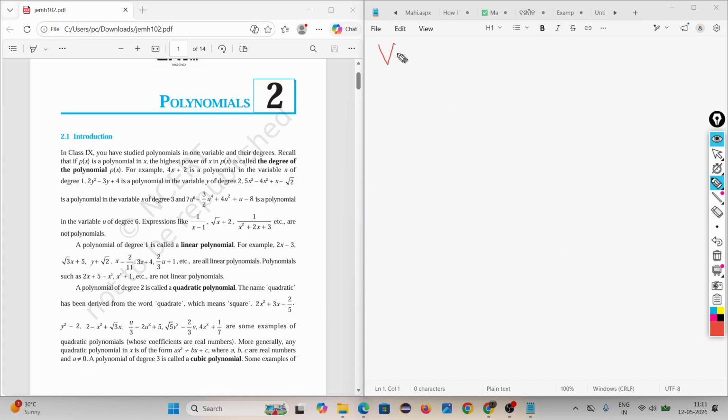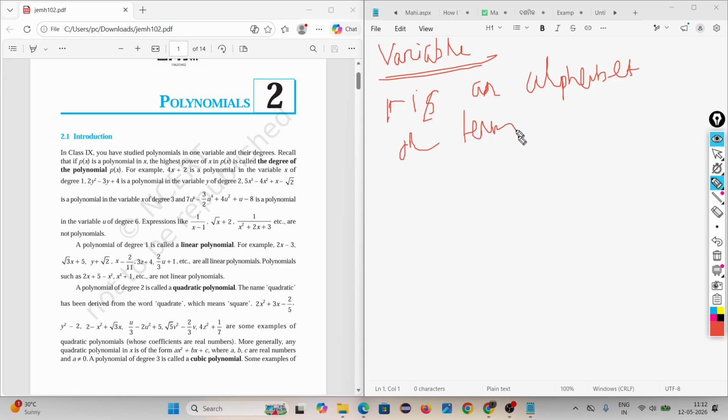What do you mean by variable? Variable means those whose value is varying, not fixed. Actually, the definition is: it is an alphabet or term. Alphabet means A to Z. It is an alphabet or term that